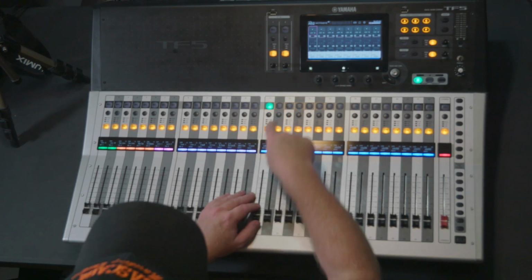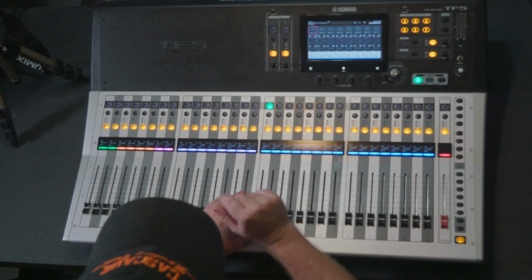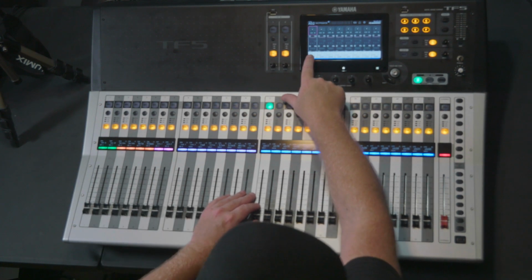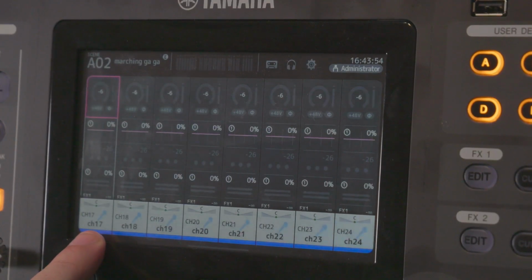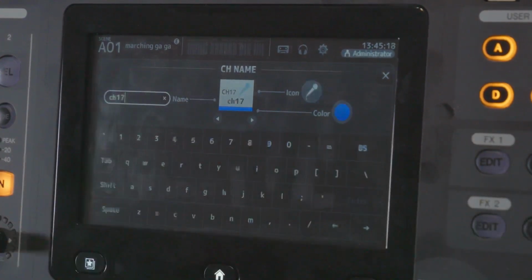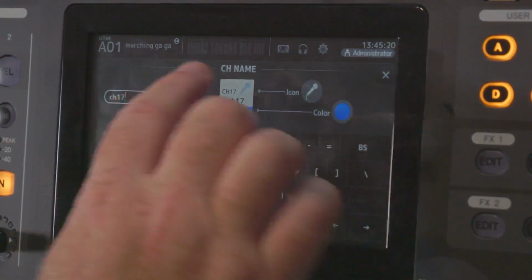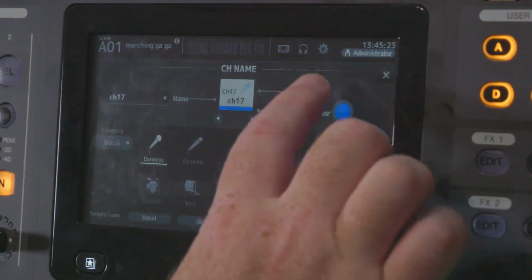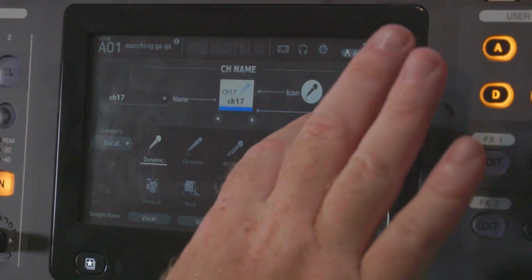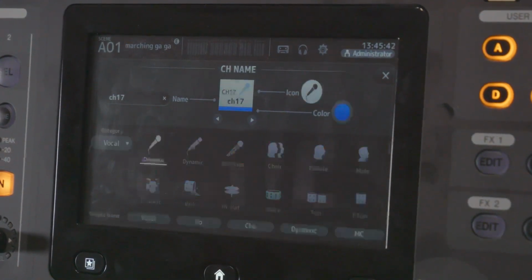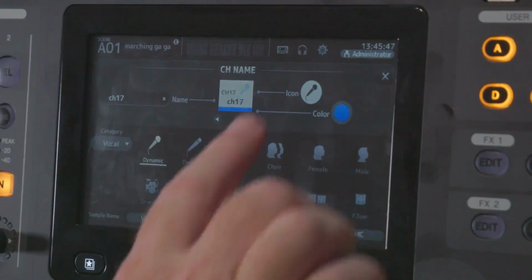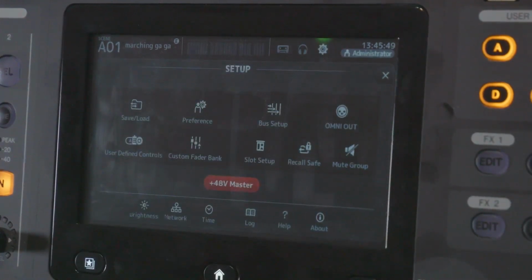Alright, so to operate a channel, you make sure that it's on, you leave it on, and you hit select. Then we'll come up here, we'll double tap on the white square. And from here, we can tap here to put a cursor, we can add a name, we can click here to add an icon, we can click here to color code it, but we can also click the little cog or sprocket or whatever you want to call it and hit custom